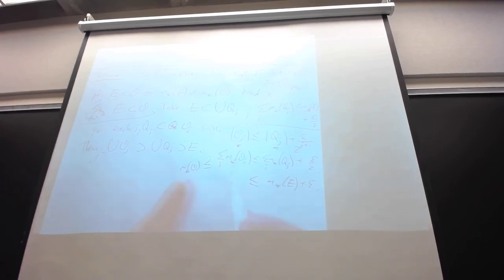Now we're using countable additivity to say that the measure of O, the union of these Oj, which is open, is at most the sum of these. So that gets us this inequality. This inequality was summing this term by term. Now, the Qj were assumed to be a cover of E, whose sum of measures is at worst the measure of E plus epsilon over 2. So that's the last step. I stick it in here. I get an epsilon over 2 and another epsilon over 2. This is true for every epsilon, so we get our inequality in the other direction.